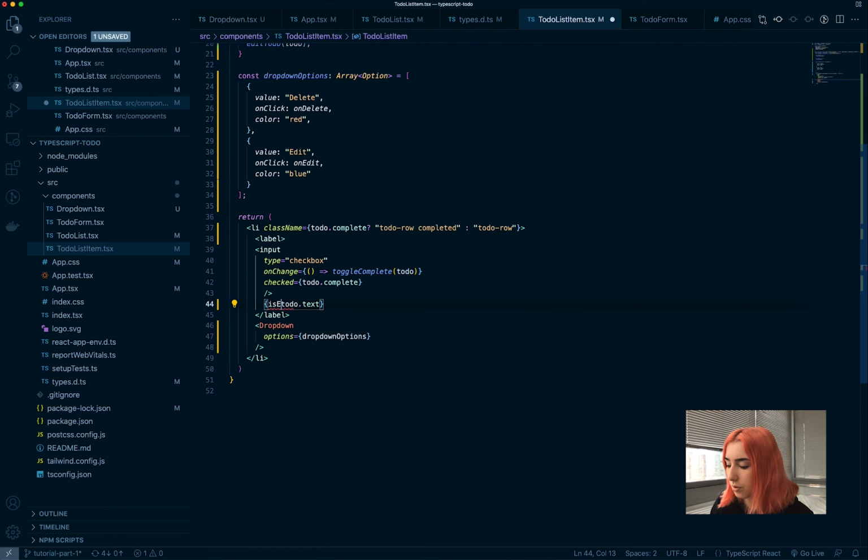So here we also have to create an input component. So if they press edit, then let's display that input component. So give them the option to update it. Type equals text and value equals inputText, the state that we just created. So if the edit is on, then just display this input box. If not, then also on change typing